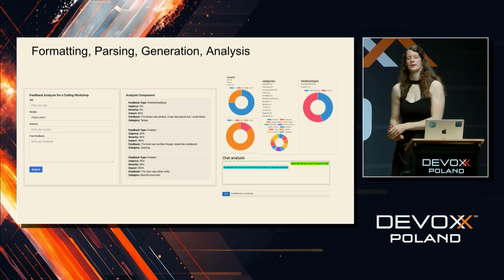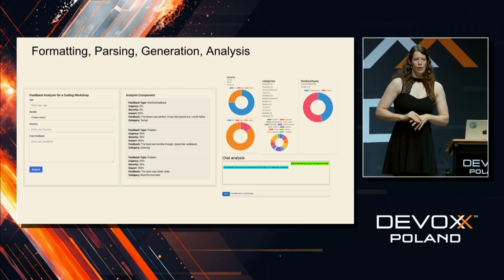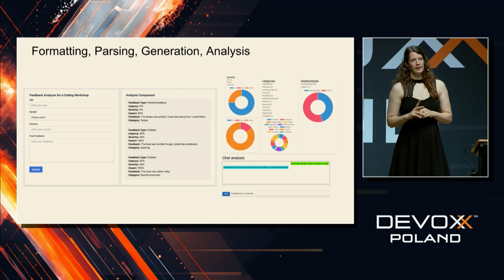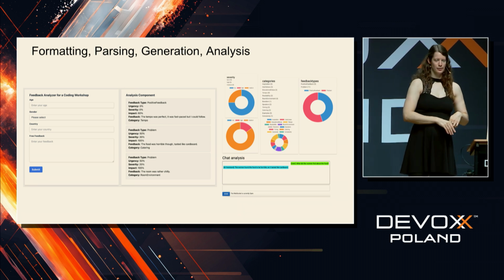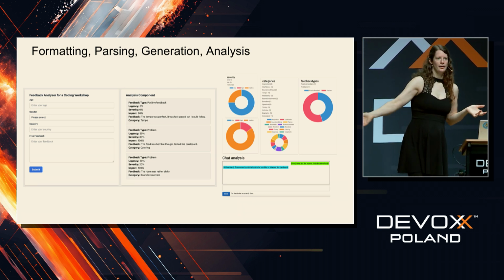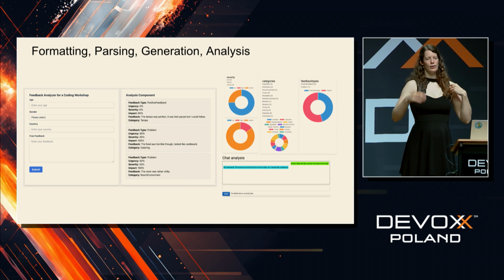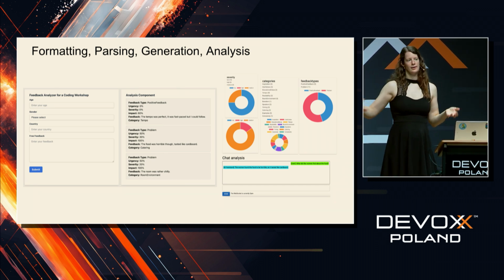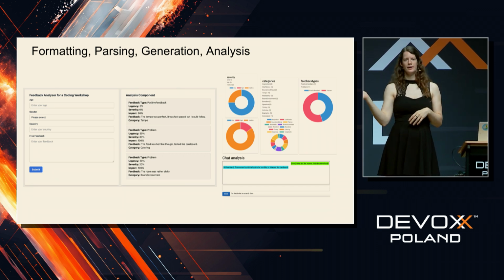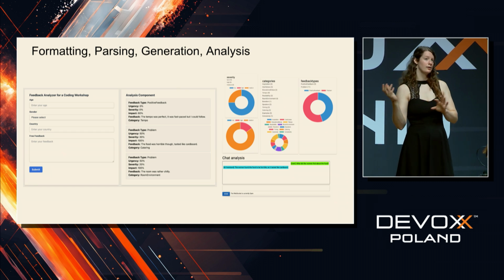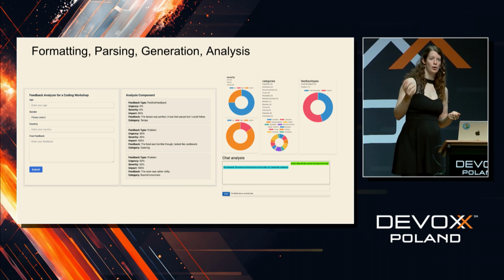But it's more than just chatbots, right? So formatting data, there AI does an excellent job. If you're struggling with big unstructured data, or you have two formats and you want to go from one to another, you can either let large language models do that, or you can let large language models generate the code to do it for you.